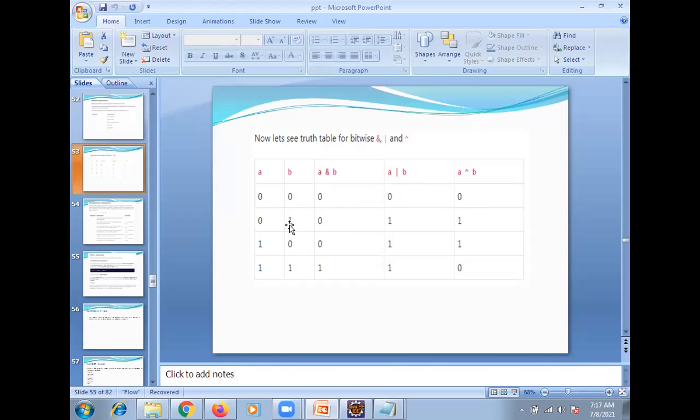False, false is false. True, true is always true. Clear? Yes. But in our condition, if either one is true, it is always true. For exclusive or, if one of the two is true and the other false, it is true; if both are true, it is always false. So just now we discussed, right? The table is representing it like this.